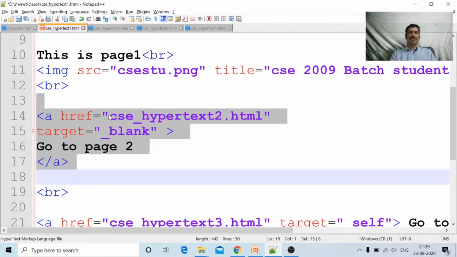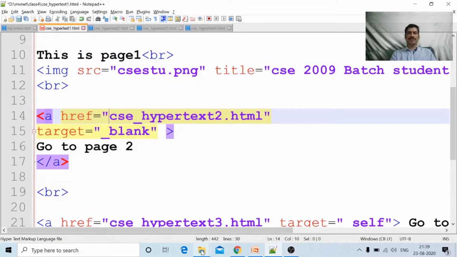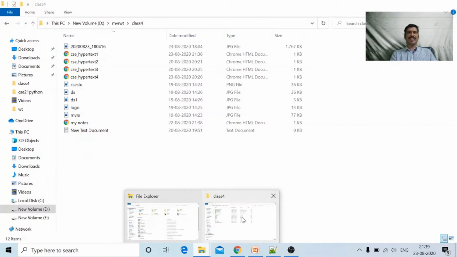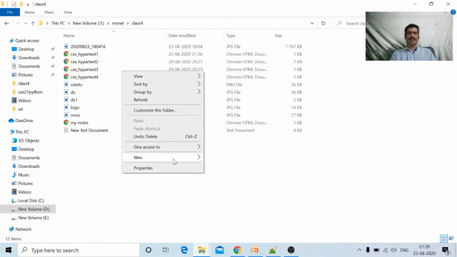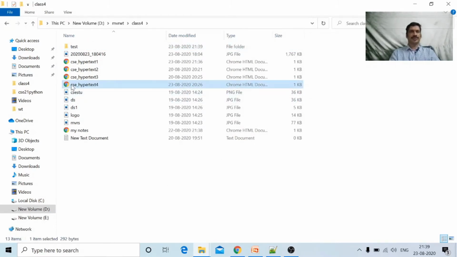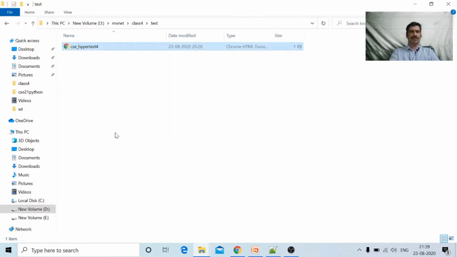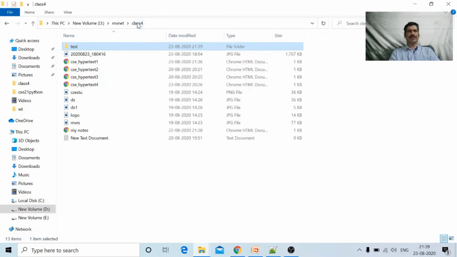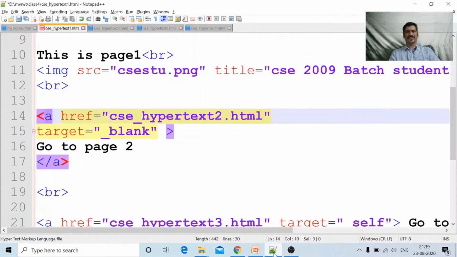Suppose this page is not here, but in some other folder. In this class 4 folder, I am creating a folder called test. In the test folder some file is there. I am copying CSC hypertext 4.html to this folder.